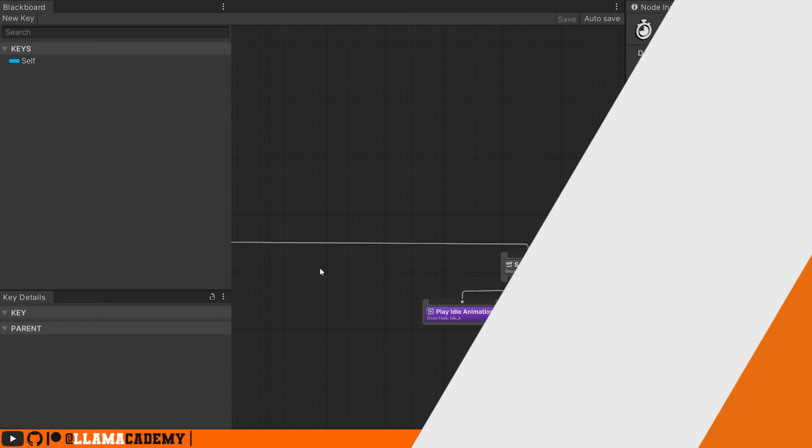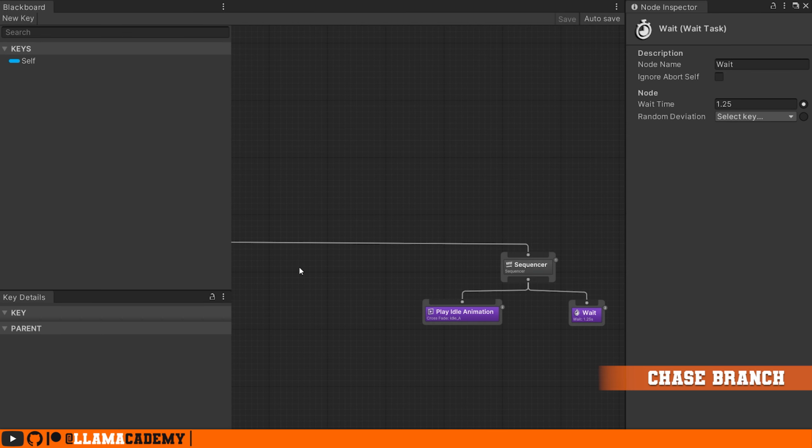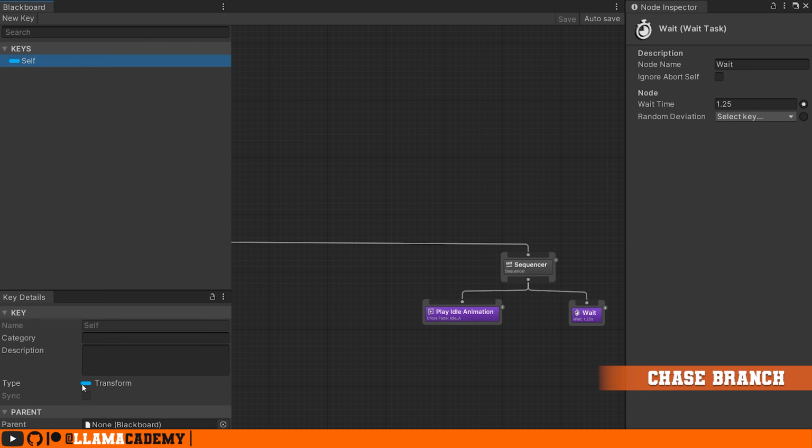Let's come up with the next state of chasing the player. That's a good second state. In order to chase the player, we need to know where the player is. That's where the Blackboard is going to come into play. You see that we have on the Blackboard keys self, so we know our own transform. We can tell it's a transform because it's blue. We don't have a way to go to the player. We'll add that new key to the Blackboard in a second, but first, let's start designing this state,